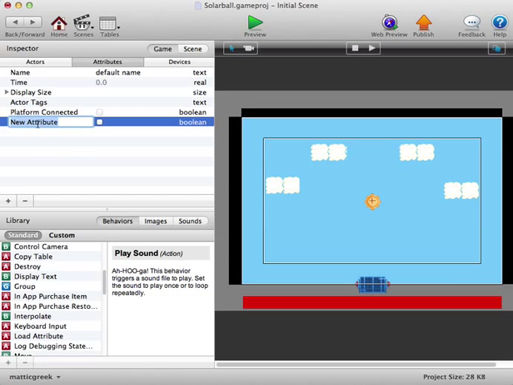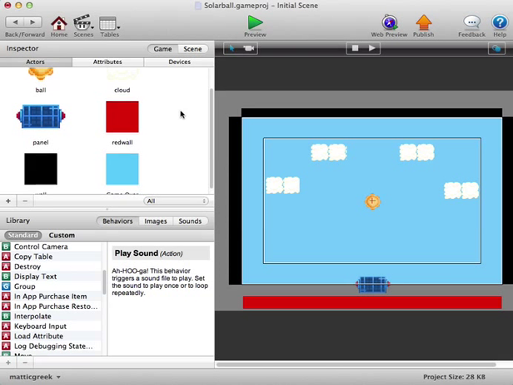And we can double click on the name and change it to something like game over. And then when this checkbox is not checked, that means its initial value is false. And when it's checked, the initial value is true. And obviously we don't want the game to start off over, so we make sure this is unchecked. And now what we need to do is go back to the actors and then we're going to go into